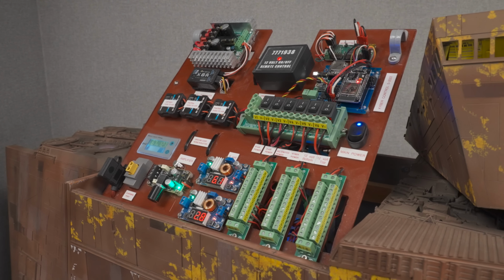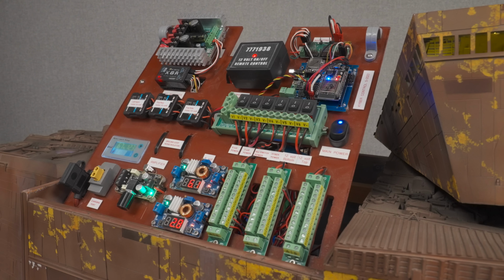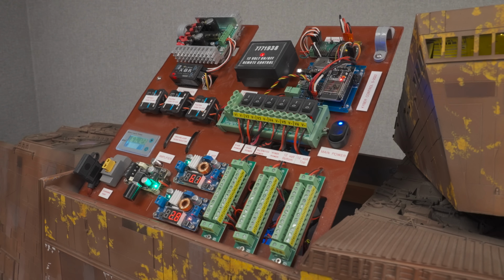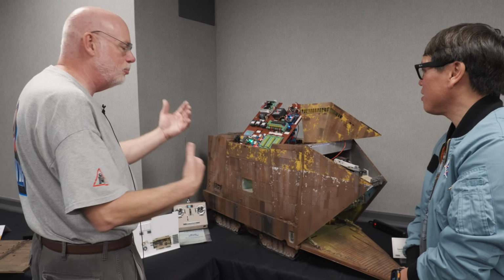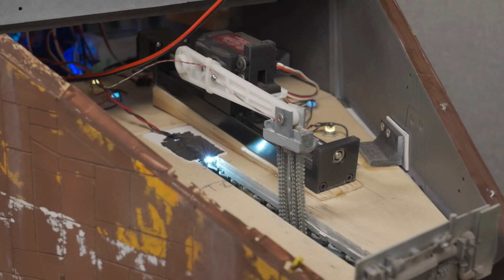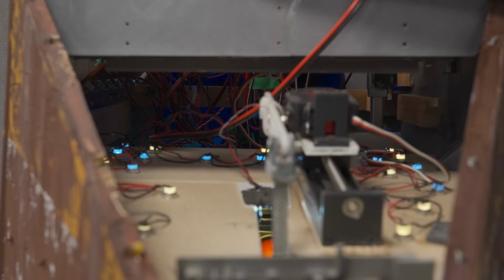Wow. Did you leave room to add more, or is this to the limit of all that you've designed and integrated? Yeah, it's interesting because when you start, you've got an empty hull on the inside. You think you have tons of room. And then as each component goes in, you realize just how much space that mechanism for the motor takes up, or certain things take up. So I think I've maximized just about every corner